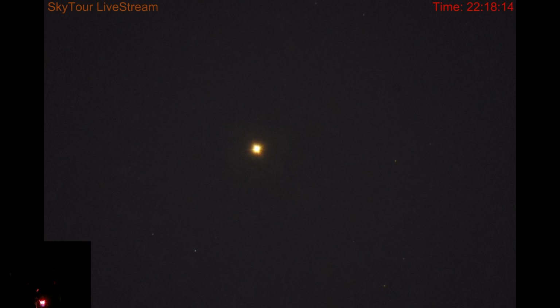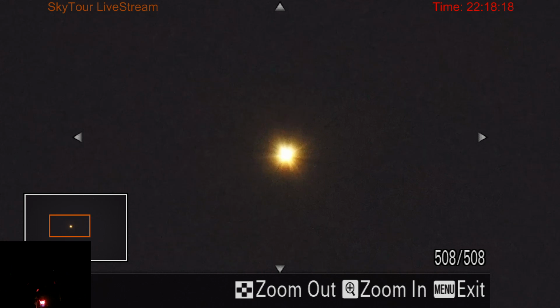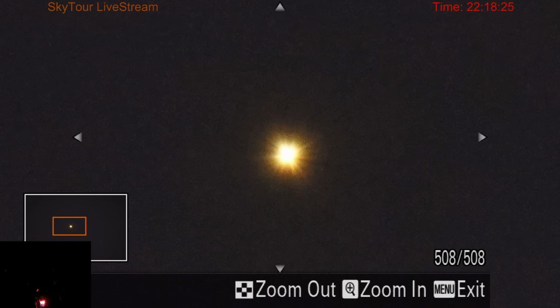Okay, and when you look at the star, there's the star itself. This is a little bit higher ISO. You can see that Antares is just a brilliant orange star, and it's just beautiful. Now it is an M star, but it's a supergiant. It's got a very, very low surface temperature. So again, we can do our trick and defocus it a little bit, and I'm actually doing that manually rather than